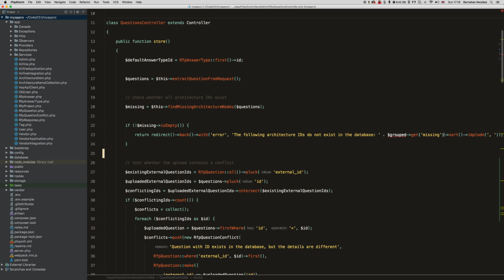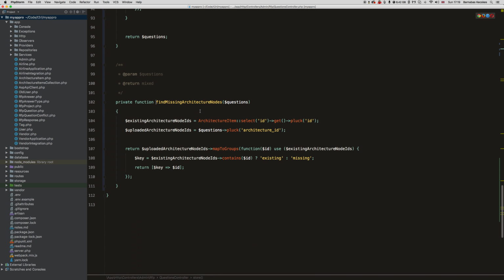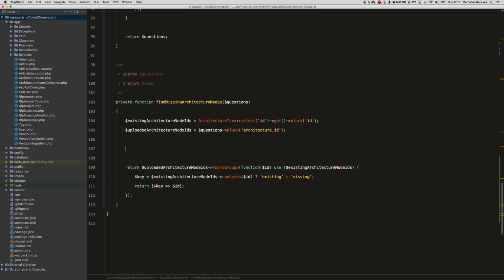We could do this instead, and instead of map to groups, we could do something like, okay, we've got the existing nodes and we've got the uploaded node IDs. So what we could do, we could probably just reject. So do something like this, return